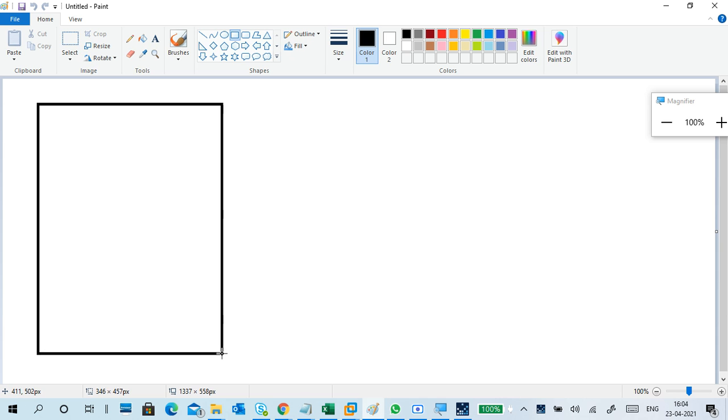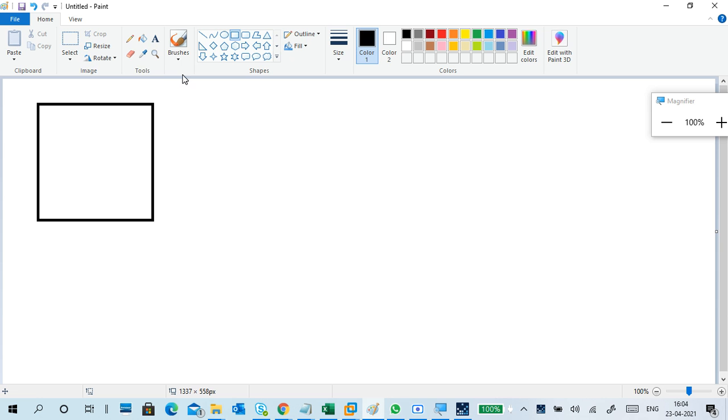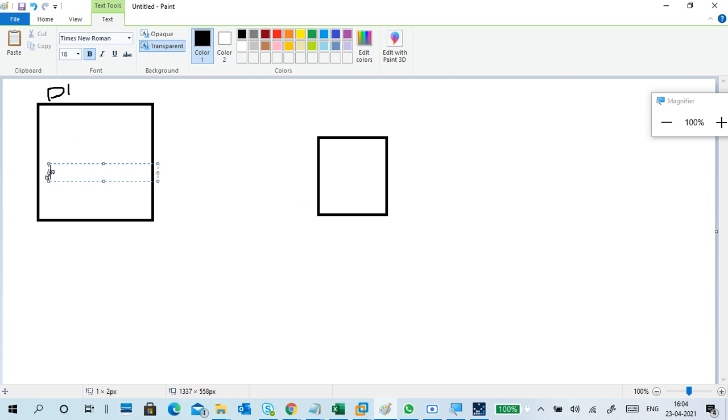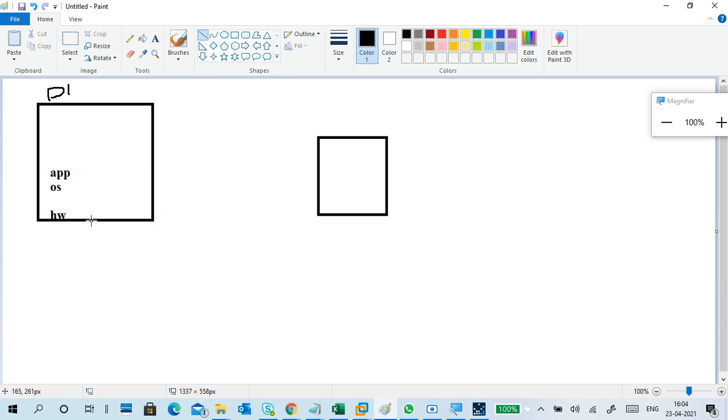Okay. First of all, remote desktop. For example, this is a desktop, meaning a PC. For example, the desktop name is D1, and I have a system. In D1, some applications are running. It contains an operating system, and of course at the bottom it has a hardware layer. And it is connected to a network.